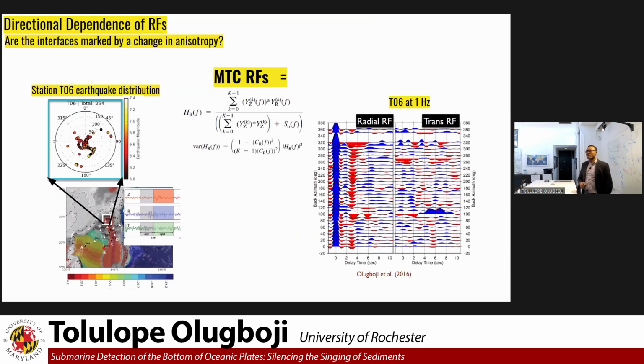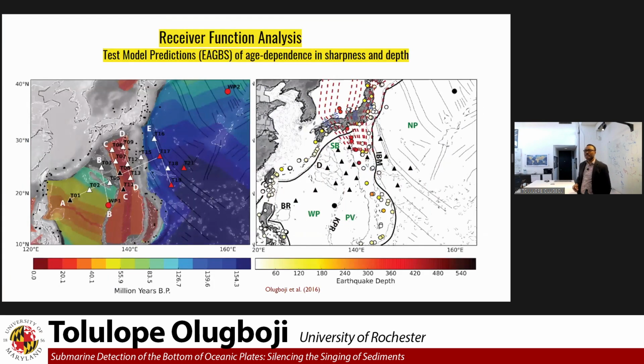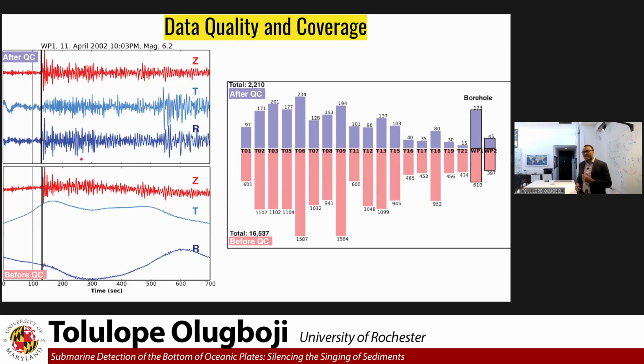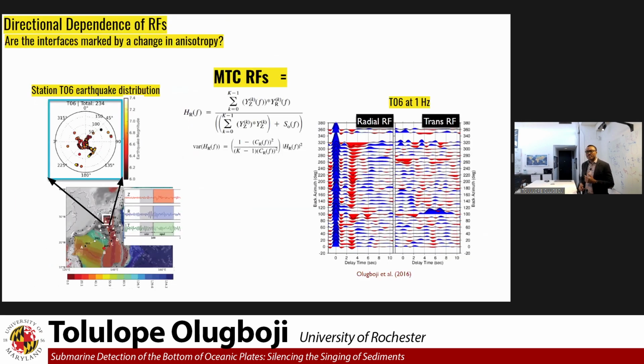Okay, good. So this is what the receiver functions look like at one particular station, one of my best stations, that's station T06. Let me point out station T06 here. Yeah, right there, very close to the island edge. This is the distribution of earthquakes, and one particular event. You take that event, that three channel recording,